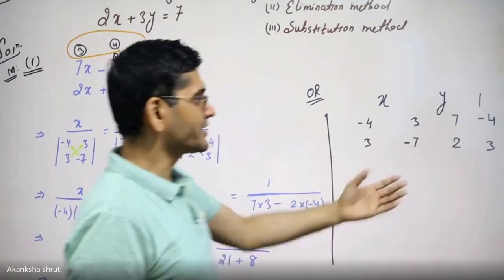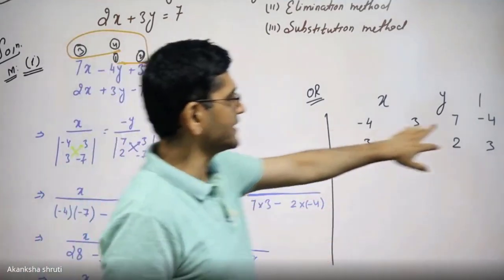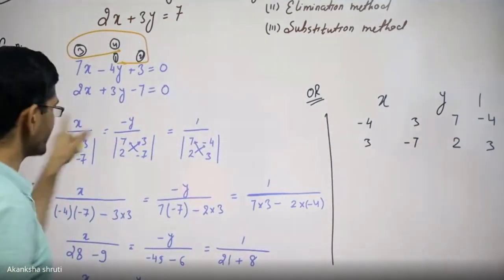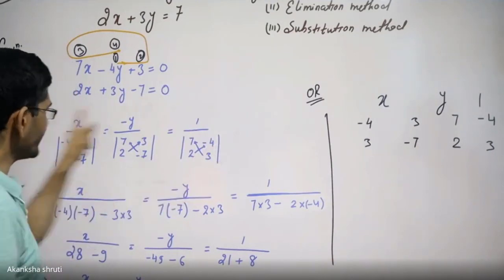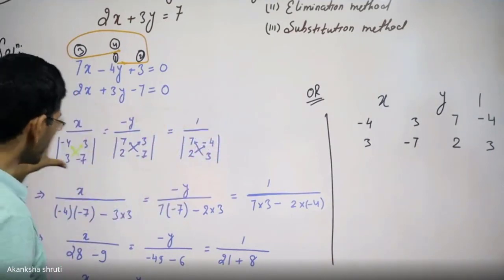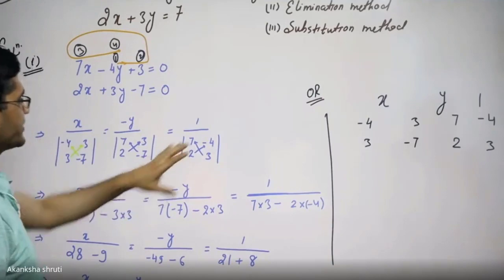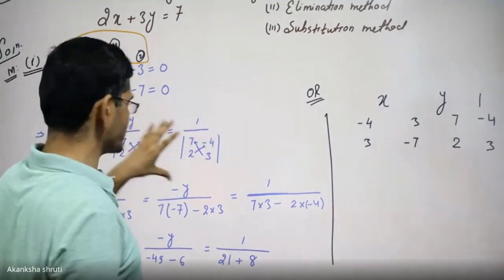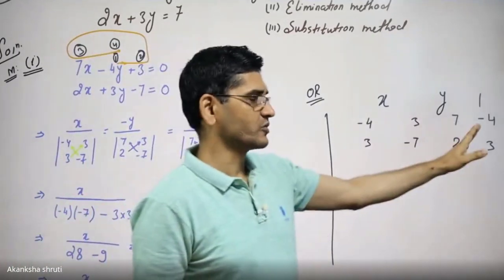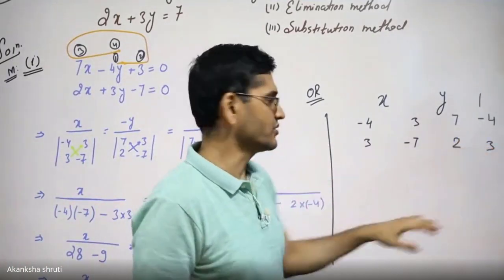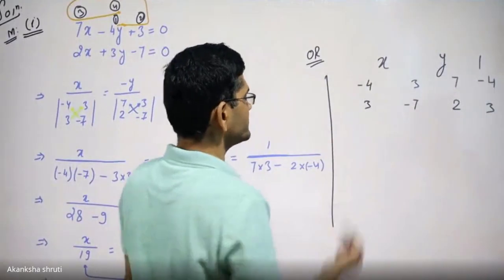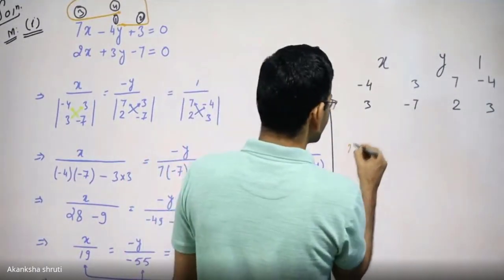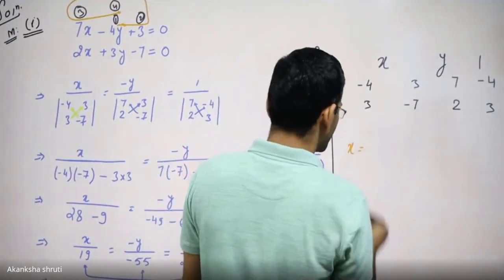ओके, बट स्टार्टिंग में हमारे बच्चे को दिक्कत होता है लिखने में. That's why I have advised go by this basic way. It is non confusing. आपको लिखने में भी गलतियां नहीं होती, ये सबसे सिंपल. Once you understand by the practice of this, आप ये समझ पाएंगे कि इसे कॉम्पैक्ट वे में लिखा हुआ है. It is also the same thing. So from here, x can be calculated very easily.